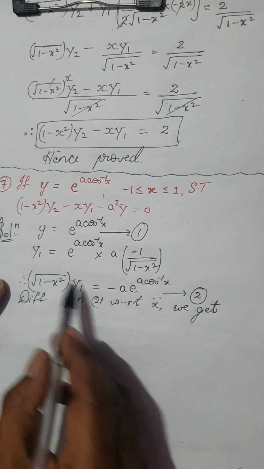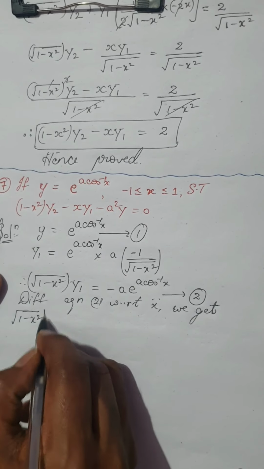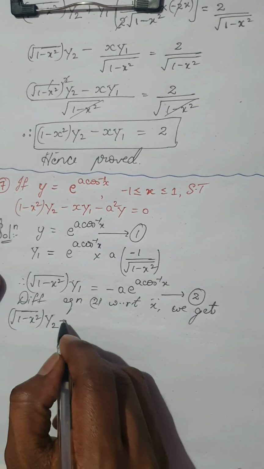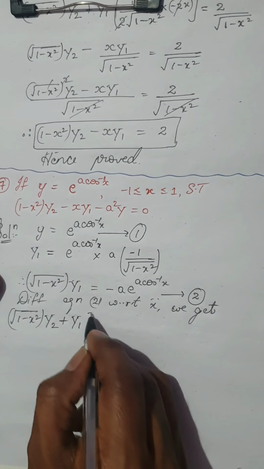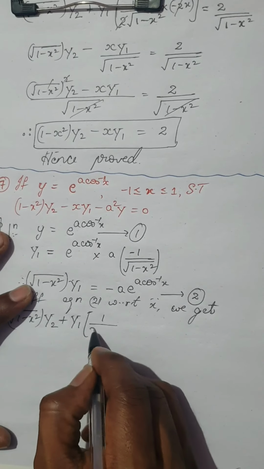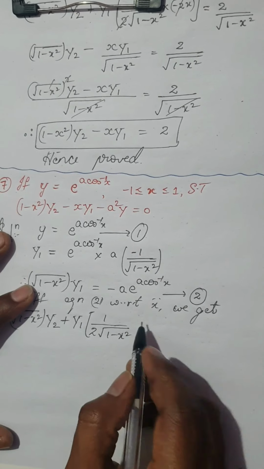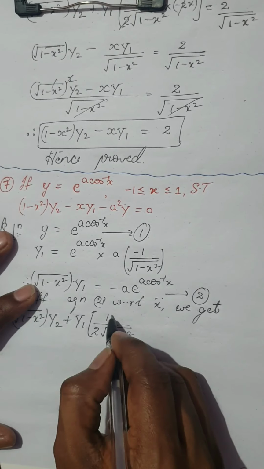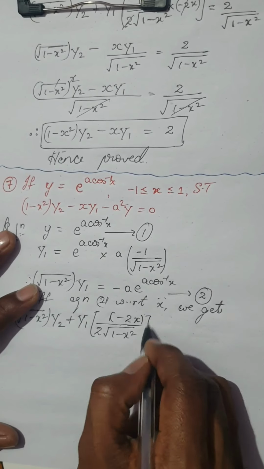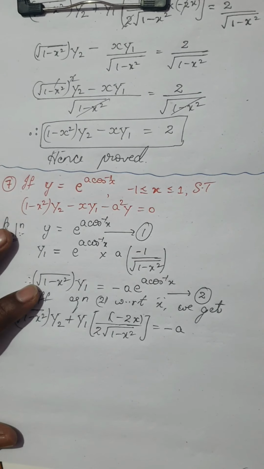Any guesses? Okay, product rule here. Let me use the product rule. So keep 1 minus x square as it is. The derivative of y1 will be y2. Plus now y1 as it is, as in the previous case, the derivative of root f of x is 1 by 2 root f of x, that is 1 minus x square, into, now what is the derivative of 1 minus x square? Let me write here, it is minus 2x. So this is nothing but, I have minus a as a constant term.